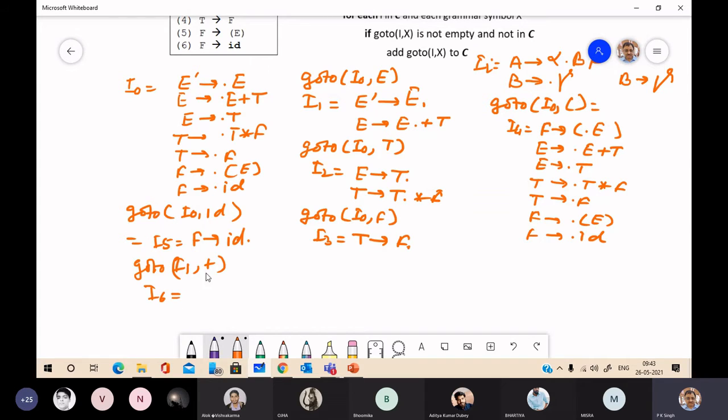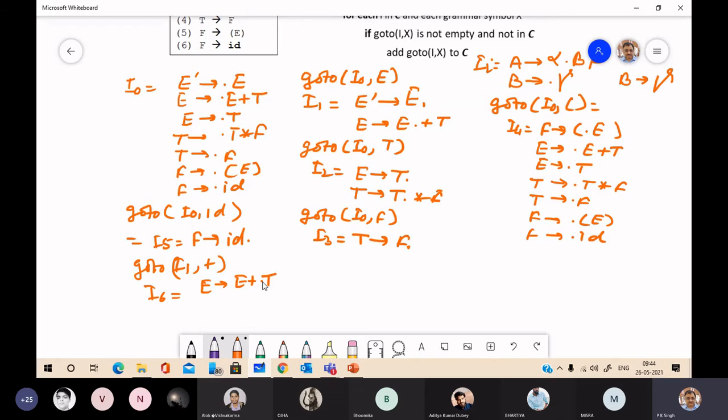I6 is E to E plus dot T. Now if you see in this item, we have T, a non-terminal just after the dot. So you can add closure items.